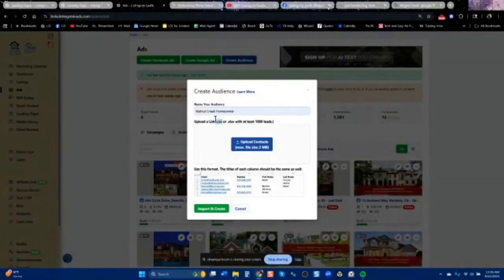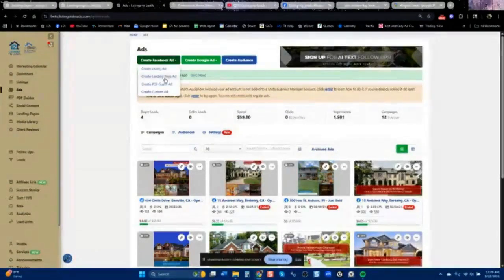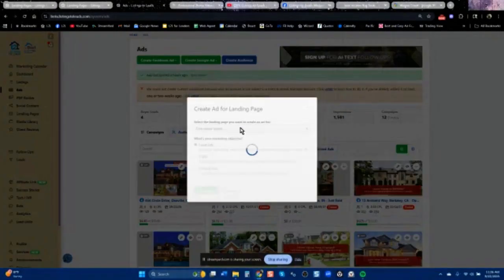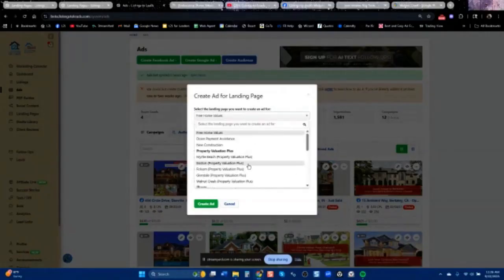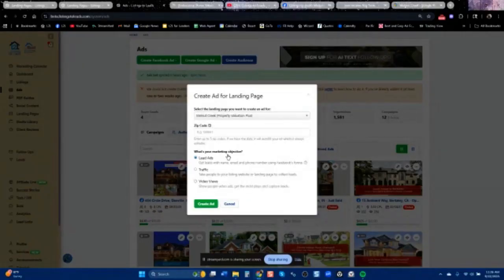And then when you put it up there and you run the ad, again, I'll walk through it again, I'm going to do a property valuation. I want it on lead ads. If you see that, don't forget that. And I want to do Walnut Creek because I got that page there. I can even type in the zip code here. And this is cool, actually. When you type in the zip code and you make that blue like that,